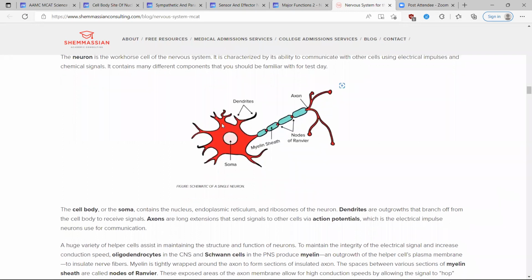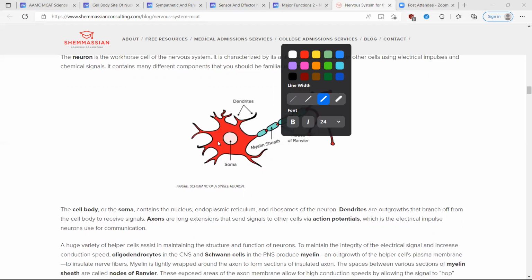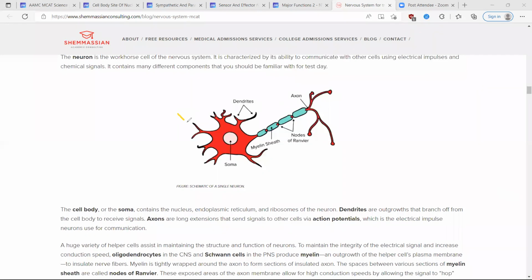So in the cell, we have these little outgrowths called dendrites, and the dendrites receive signals from other axons. Let me just draw here. Once signals come in, and the cell reaches a threshold, we're going to talk a little bit more about that threshold. Once the signals come in and the cell reaches a threshold,